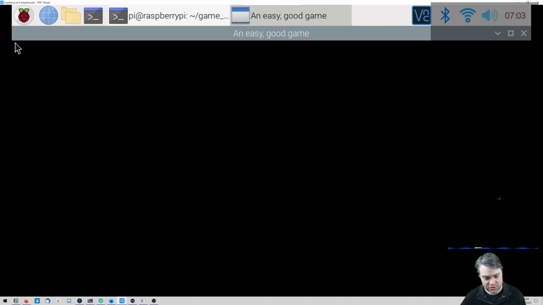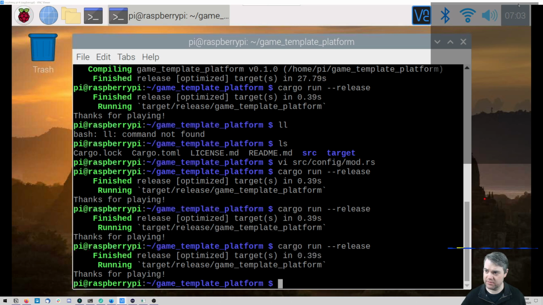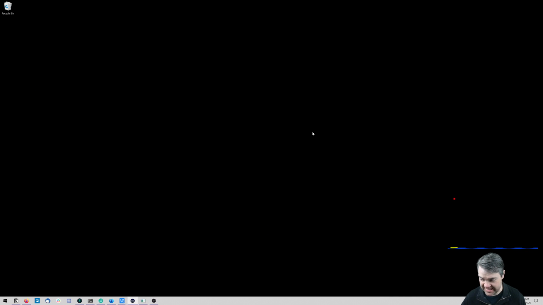For right now, though, I do want to get a grid showing. And I'm going to go ahead and minimize that. I'm VNC'd in, and that's how I can see it. All right, so